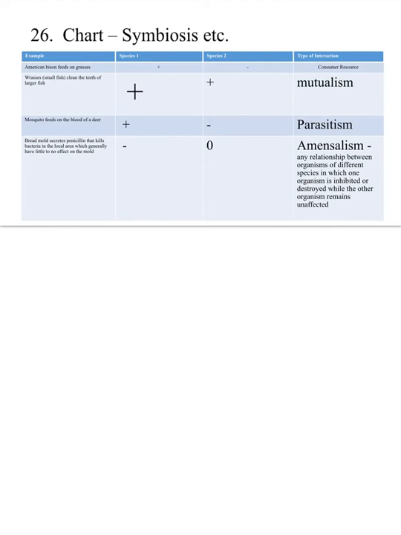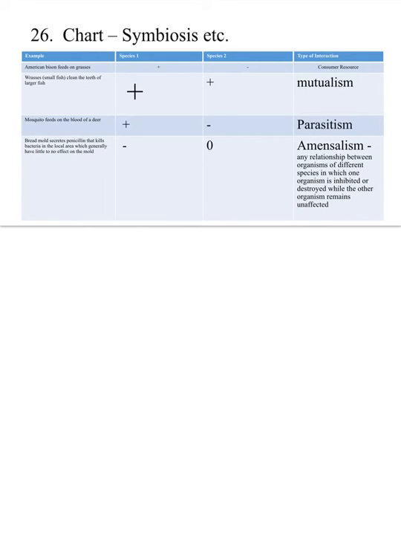Chapter 44 is another big one. Pretty basic ecology here, but definitely need to know some vocab. Okay, for number 26, definitely need to be able to do something like this. If they give you an example of two different organisms, you need to know what the relationship is. Are both organisms benefiting? Is one getting harmed? What is it? And then you need to know the name of that relationship, which is called the type of